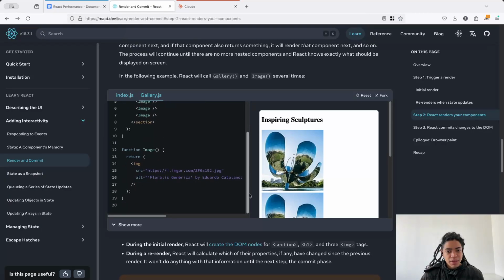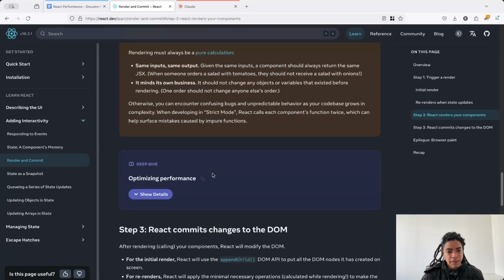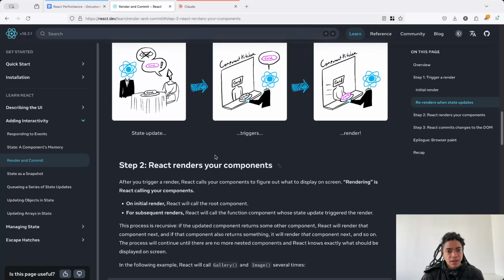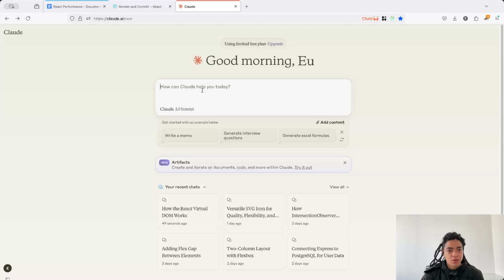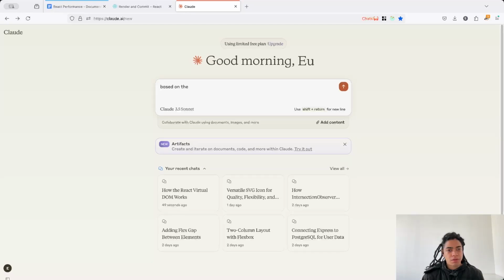So it means that... okay, so based on the React and commit section from the Learn topic in the React docs, okay, when the VDOM is created,